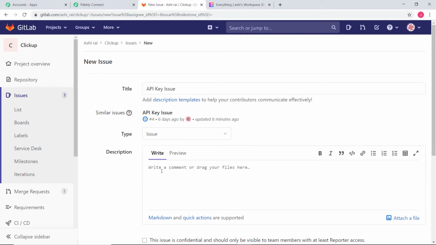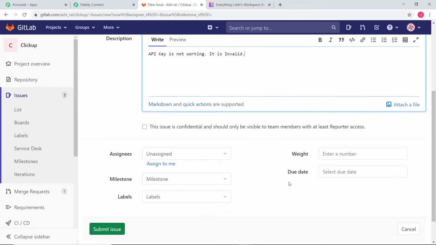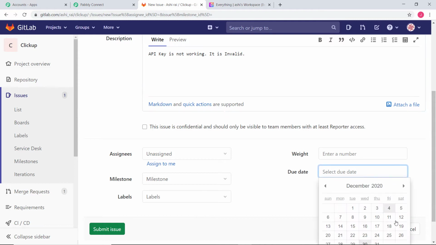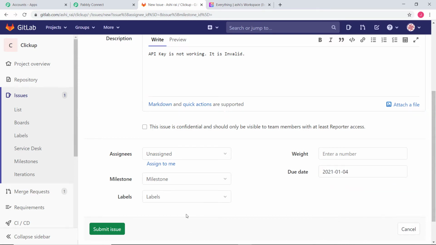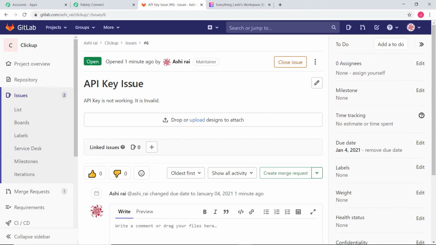In description I am going to write: API key is not working. It is invalid. I'll go down. Here for due date, I'll choose a due date. Let the due date be 4th of January. Submit issue. We have created a new issue over here, that is API key issue.